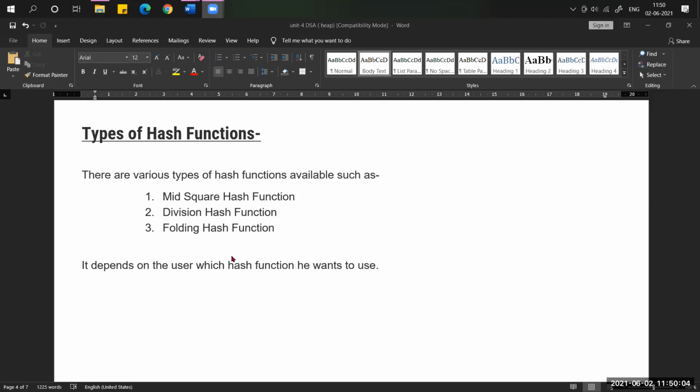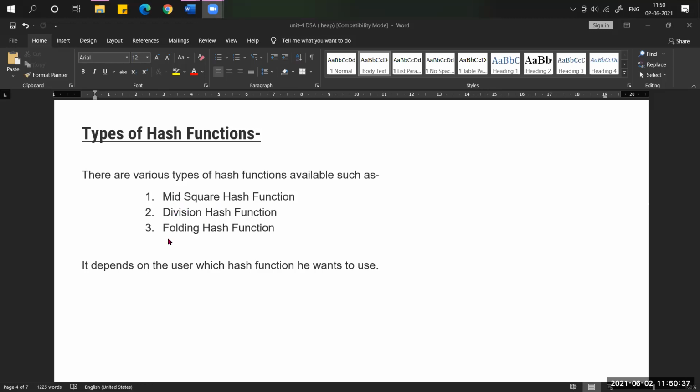Depending on the type of hash function we choose in the hashing mechanism, the efficiency of the hash table will increase. Whether it is mid square, division, or folding, the efficiency will vary based on that.